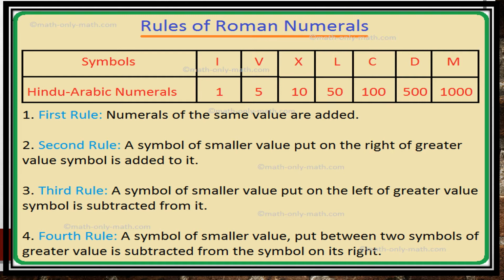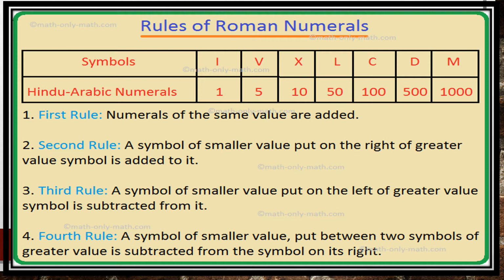That means the numerals I, X, C and M are special. Only they can be placed together and repeated in a row, and only they can be subtracted or added. They can be repeated in a row up to 3 times to form large numbers. So the values of these repeated numerals get added. Like if I say XXX, that means 3 times X, so 10 plus 10 plus 10 is 30.